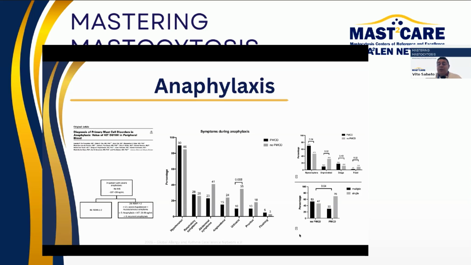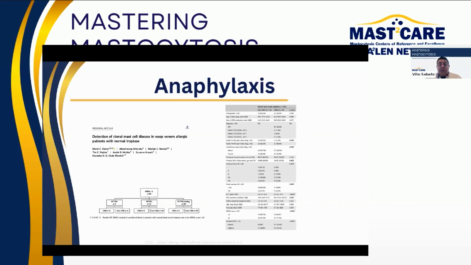And if it goes with triggers, again, there is an important association with Hymenoptera venom, but it goes in terms of number of events. It seems that patients without underlying clonal disease have many more events than patients with clonal disease, but maybe this is a bias because most of them have Hymenoptera venom-induced anaphylaxis, and we make prevention in this. This is the same result, but actually we come with another study conducted in the Netherlands in patients